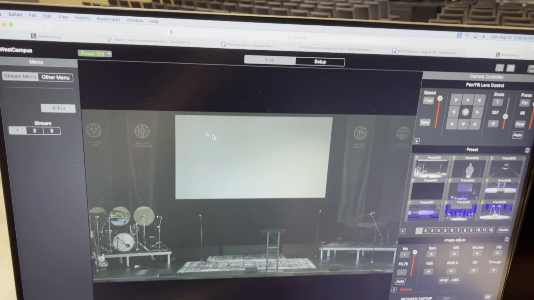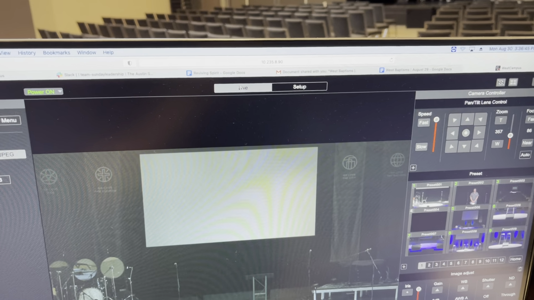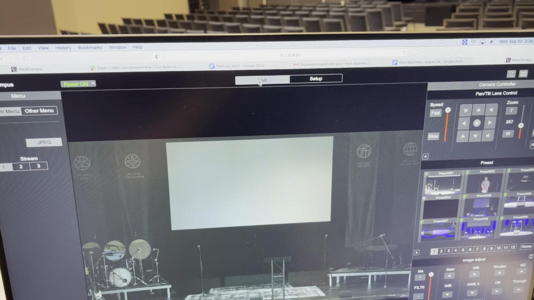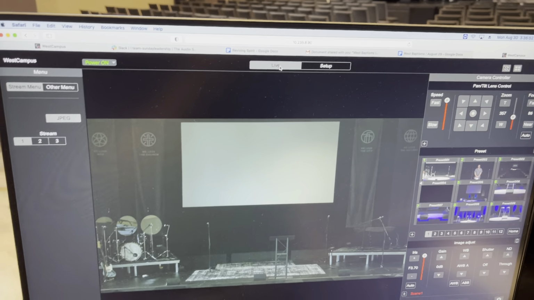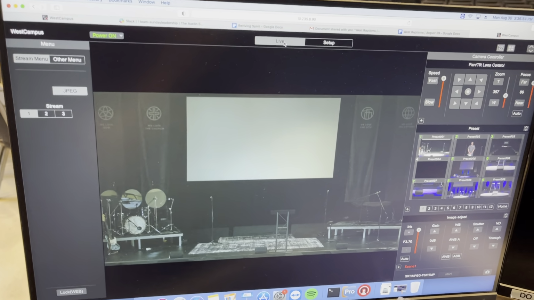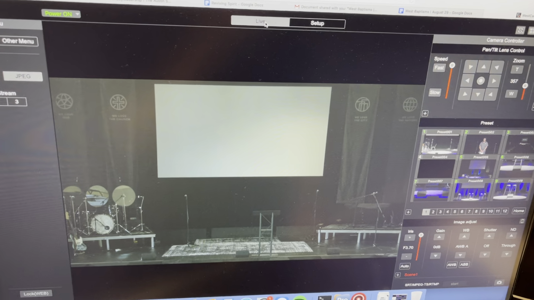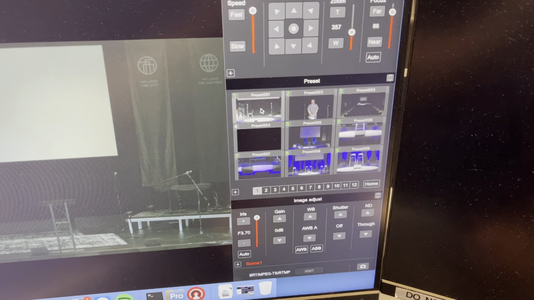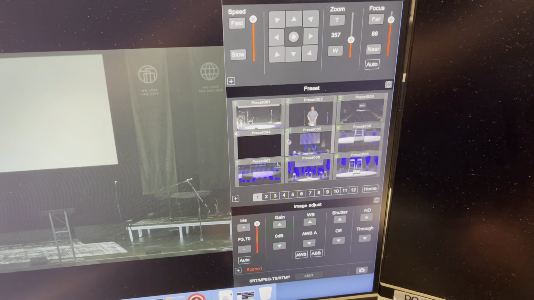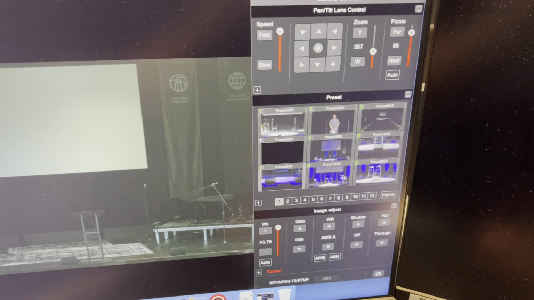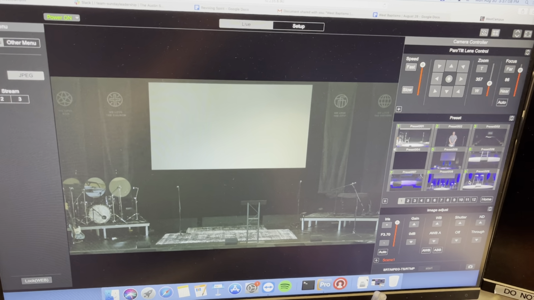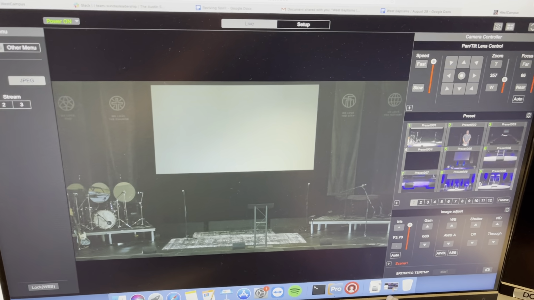So right now, we're in the live view of this PTZ camera, which is not the place where you should be trying to adjust the camera shot and the coloring. It's really the place where you can create different presets and things, but we don't need to use any of those. Really what you need to know is